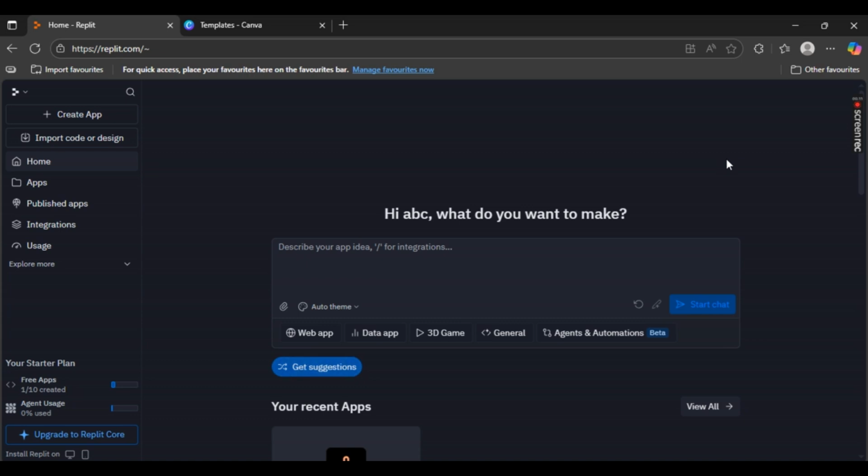Now, first things first, simply open up your Replit.com website. So you can just simply open up Replit and then just sign in. We have also created a video on how to sign in, so make sure to watch it. And once that is done, you should be provided with this interface right here. So once you're under this interface here, you should be seeing